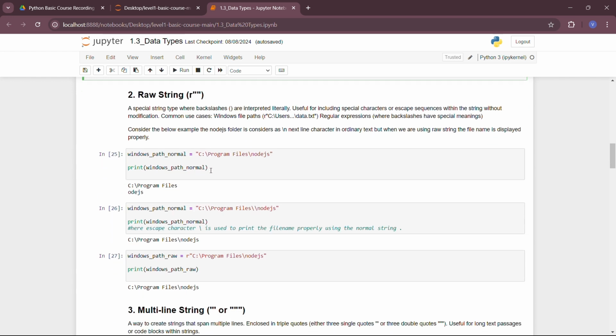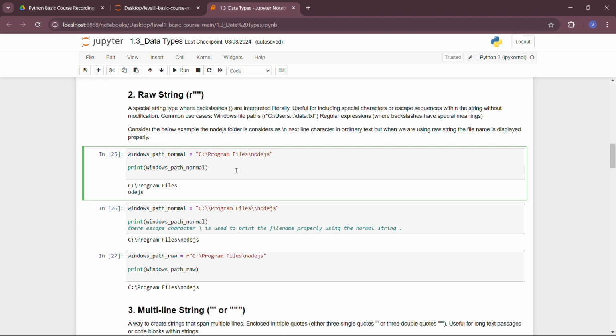Okay, next is raw string. A raw string is a type of string where we can include backslashes, special characters and escape sequences. Here is one small example in the code. We've taken a Windows path that is included in double quotes, and the path is just written with single slashes.